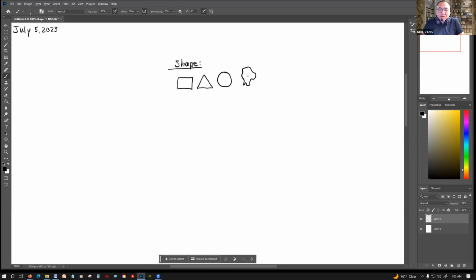So I want you to draw one, two, three, four shapes, and I want you to label them as such. So once we finish with that shape, I'm gonna give you guys this time to work on shapes. Okay, the next one we're gonna be working on